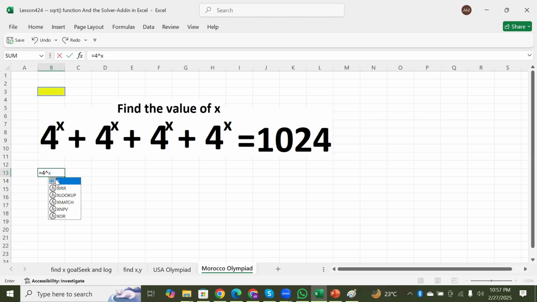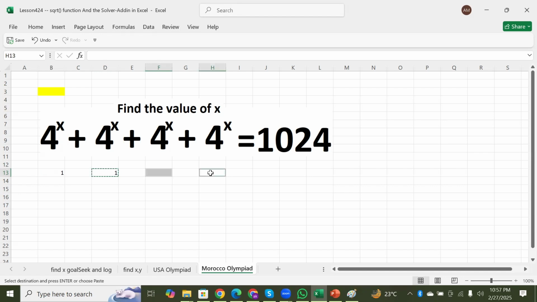Let it be 0 at the moment. Anything raised to the power of 0 will be 1. So that's one part of the equation, then this part of the equation, and then this part, and then this part, and we paste with Control V in here. All formulas are now ready, and this is the final part of the equation, in which we will be summing it. We will say equal to this plus